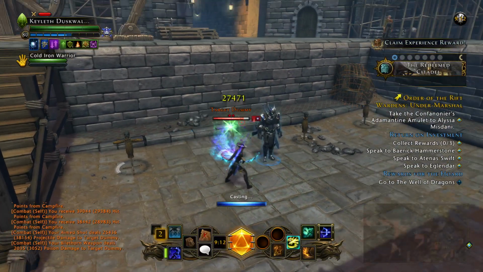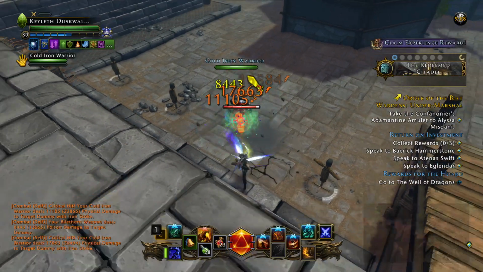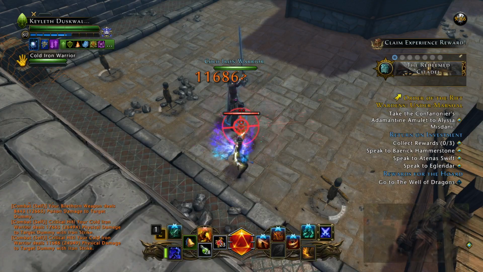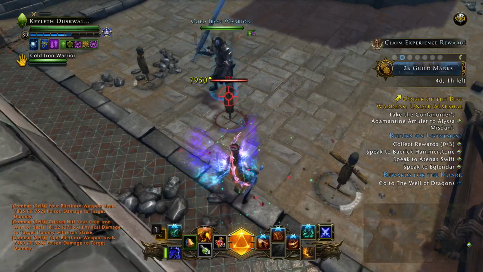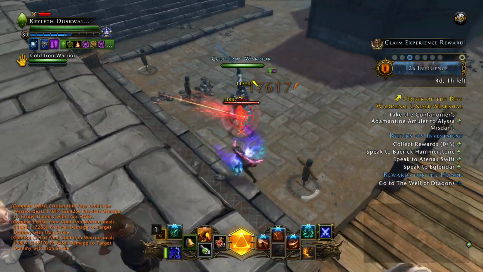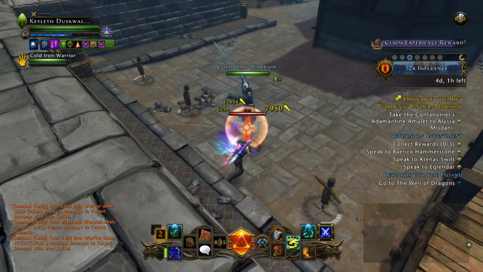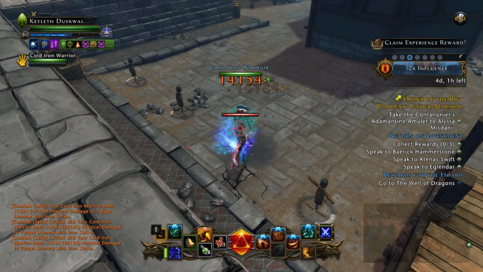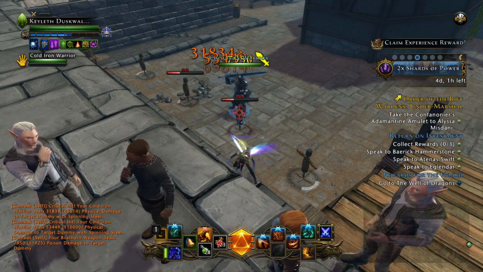But in terms of the rotation, so you start with your careful attack. That will proc a mark on the target, which will make all of your encounters and at-wills and tick damage deal an additional 15 magnitude. And it lasts for exactly 10 seconds. So you have the entire rotation to make use of that, and then you just proc it again at the